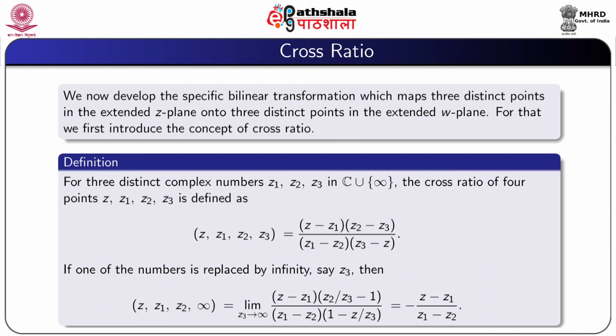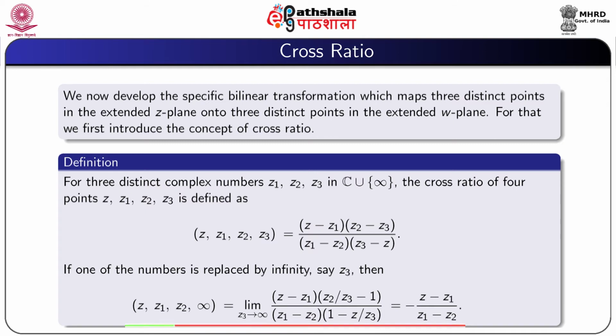For 3 distinct complex numbers Z1, Z2, Z3 in the extended complex plane, the cross ratio of the 4 points Z, Z1, Z2, Z3 is defined as: the cross ratio of Z, Z1, Z2, Z3 equals (Z minus Z1) into (Z2 minus Z3) by (Z1 minus Z2) into (Z3 minus Z). If one of the numbers is replaced by infinity, say Z3, then the cross ratio of Z, Z1, Z2